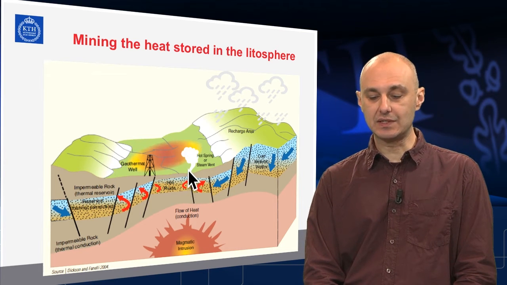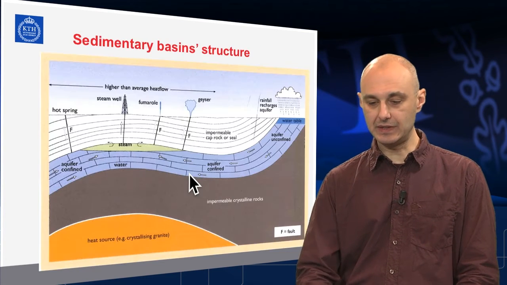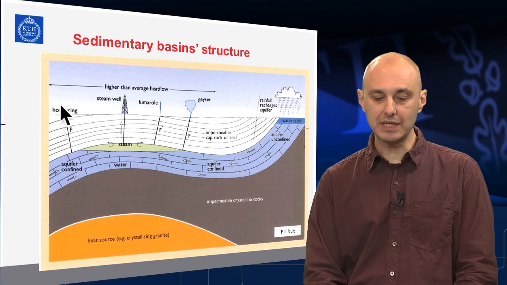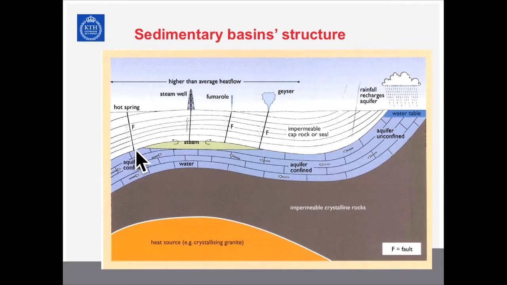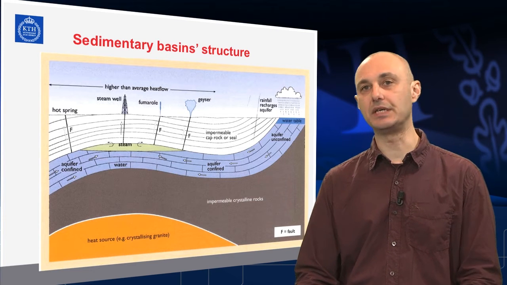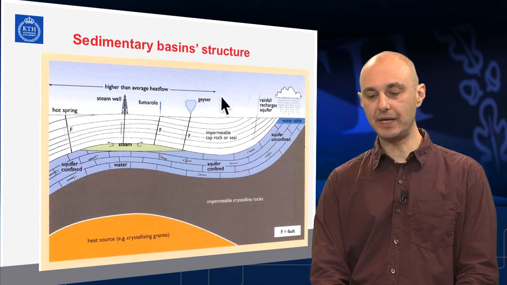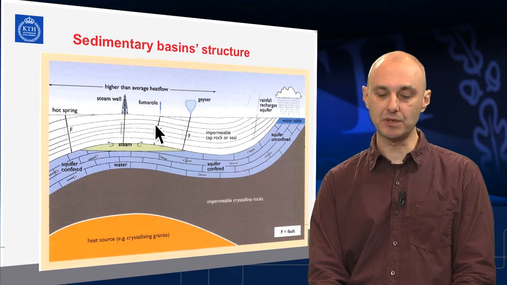It presents itself to us in several ways, and the easiest way to imagine it is, first of all, a hot spring. This is what happens if the water finds a fracture or a crack through the impermeable rock and reaches the surface. Hot springs are the most common effect of geothermal energy reaching the Earth's surface. In certain places, geysers or fumaroles may also reach the surface, in very few places, but they actually show that